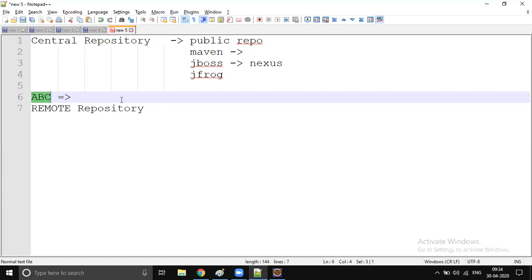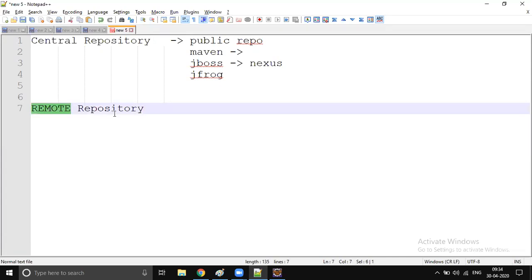JFrog will charge you very, very little. It's not too costly. Then they will provide you a specific space which only our company can access, so that at least we get some kind of security. That covers third-party libraries and our own libraries also. We will keep our company code in the remote repository too, so nobody else can access it. If you expose your code, that's it, it's all gone. We are not supposed to expose our code to the outside world. That's why we use a remote repository.